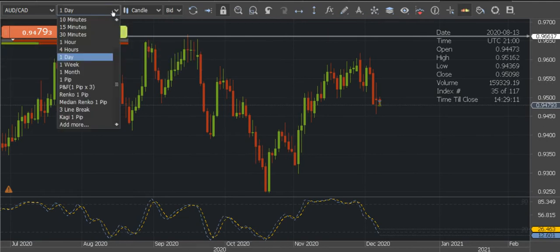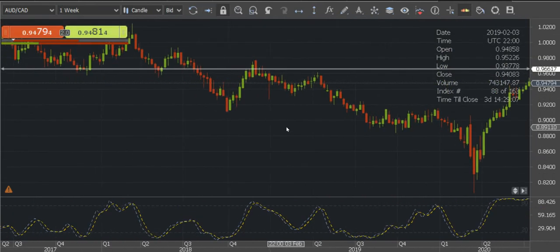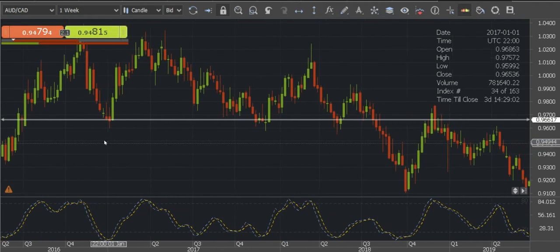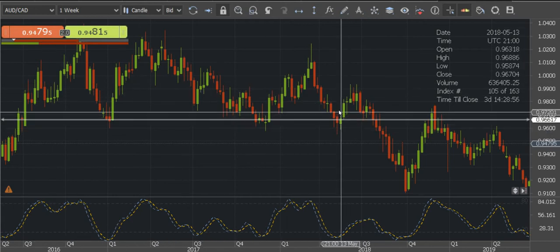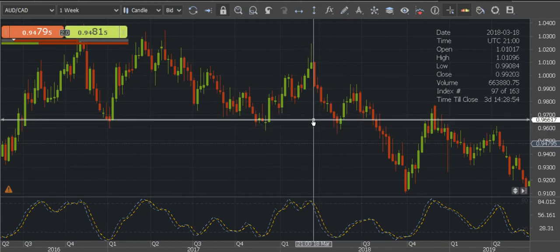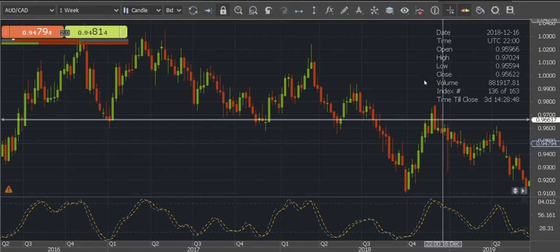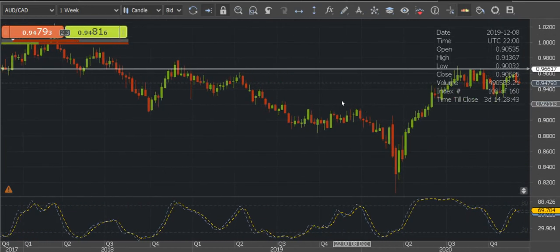So I will check in that weekly. If I see the same range, it was acting as a support in the previous. See, in the year of 2016, 17 and 18, this range is acting as a support. But once it broke in 2018, it started acting as a resistance range. So it is acting as a resistance now.